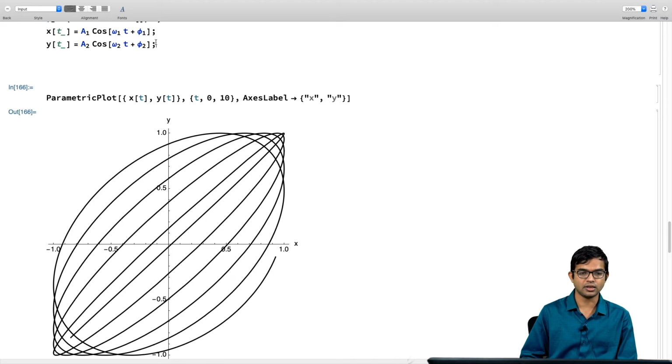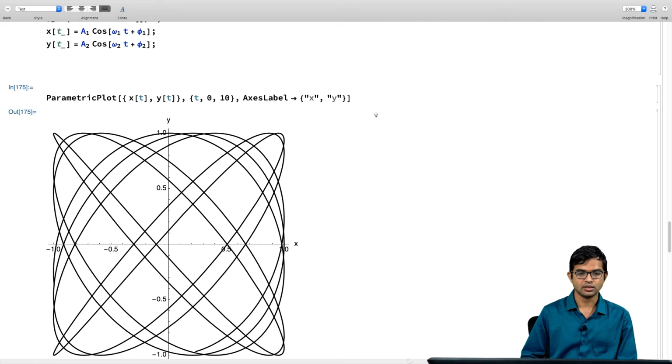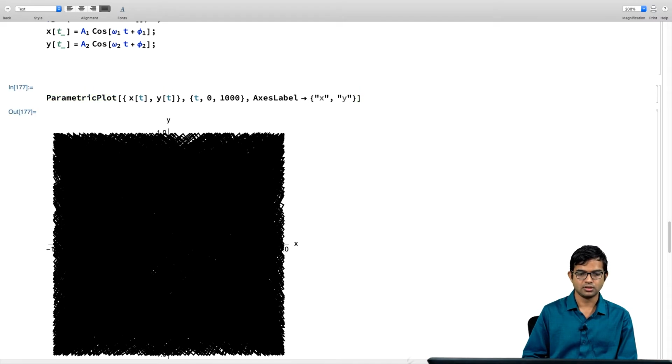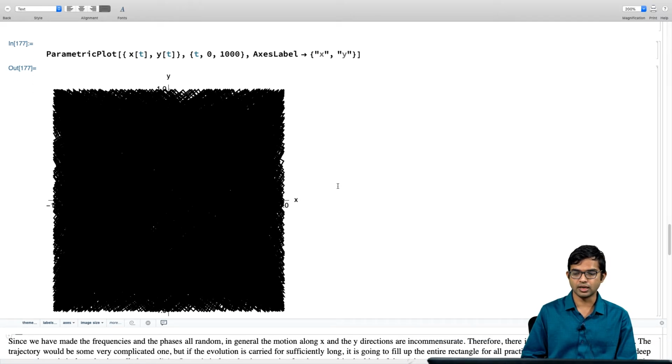Suppose I take a different set of parameters, let me run this. Then I see it looks like this. If I take t to be 100, it's like this, 1000. See, it's covering up the whole of this region. So in fact, this is a very important question, and it could have fundamental implications when one is looking at